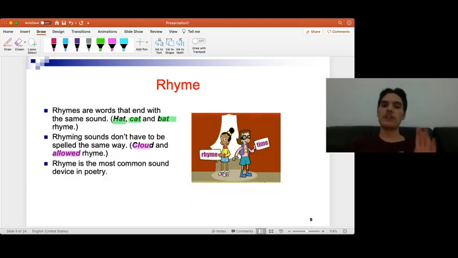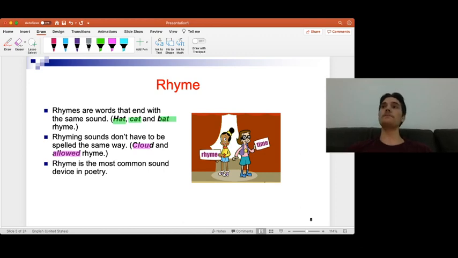What we're focusing on today is rhyme and rhyme pattern. So that's what we're really going to focus on. Rhymes are often words at the end with the same sound, all right? So at the end of a line, the next line will sometimes rhyme with that word. So things like cat, hat, and bat, they all rhyme together. They have that at sound. Another one you can think of is rat, right? Rhyming doesn't all have to be spelled the same, as we can see with the example of cloud and loud. They're spelled nothing alike. This is why the English language is oh so fun. They're spelled nothing alike, but they do rhyme. It's very confusing, but you can do that.